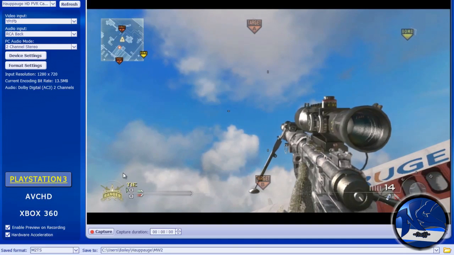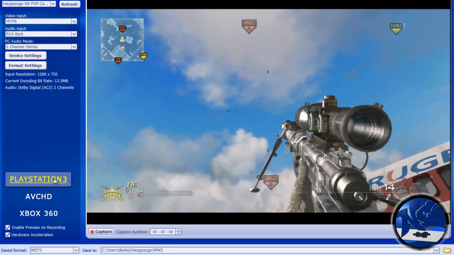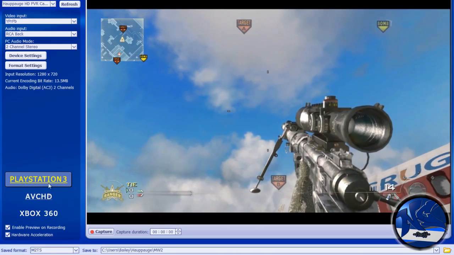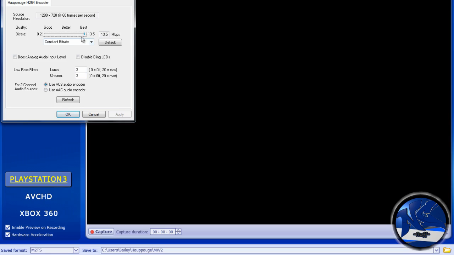So this is my capture module. Make sure the file type is set to PS3. That just makes it an MT2S file type, which is better. And then click on format settings. And if your quality bitrate is on 8.0, make sure to drag it all the way up to 13.5